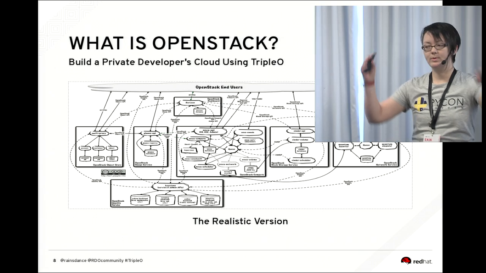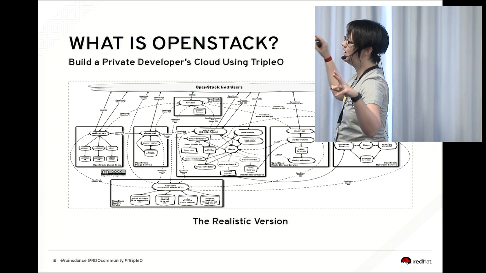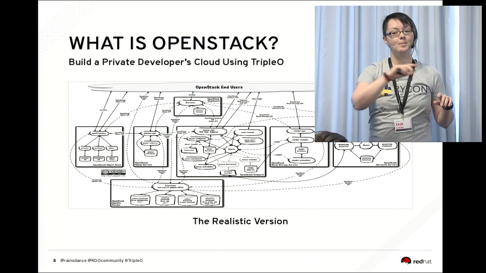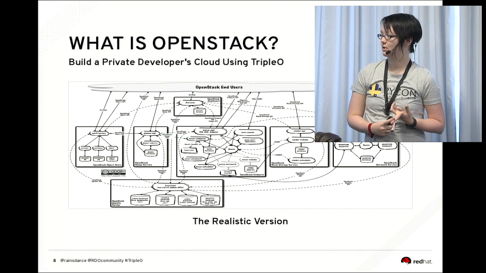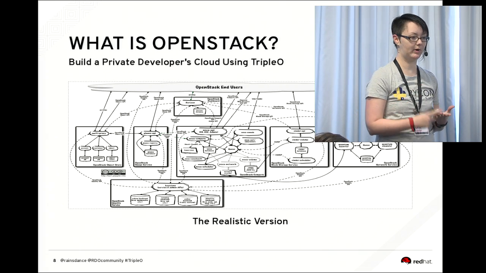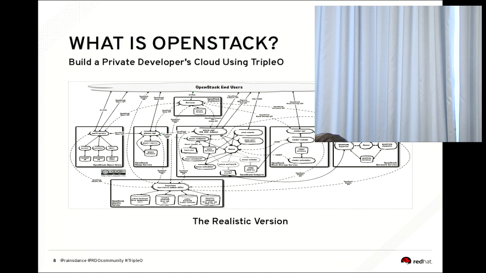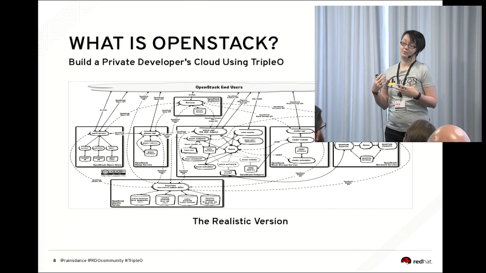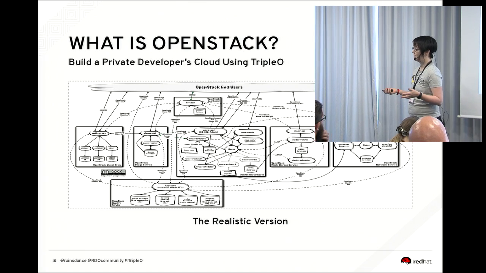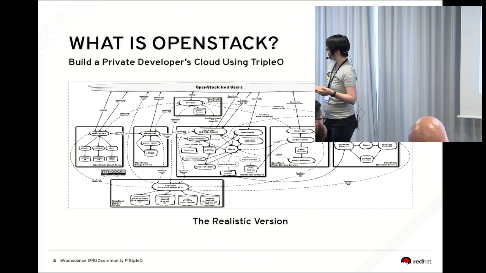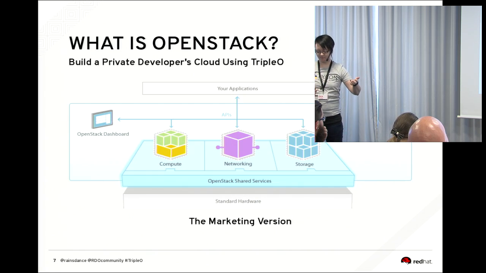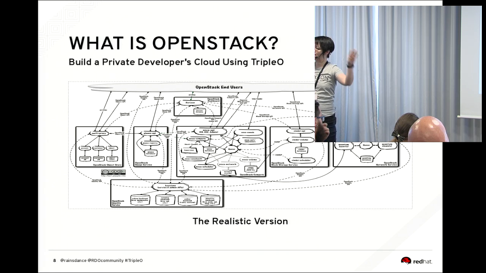The reality is that OpenStack is an umbrella of many, many sub-projects that go into making an open source project for private and public clouds. So if you want your own cloud, you might go to OpenStack because it's free, and then you could build one and put your apps on it. But it's best to think of, instead of the messy or even the marketing version, think of an umbrella.